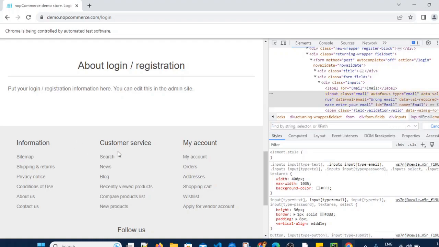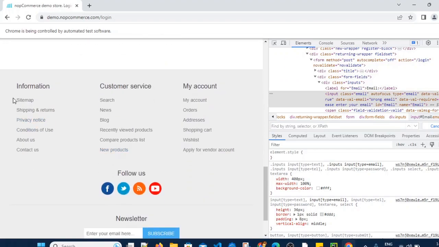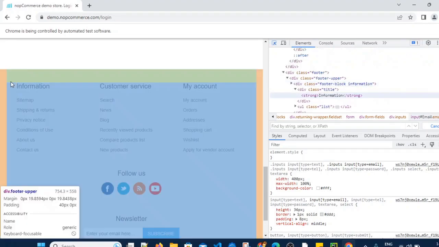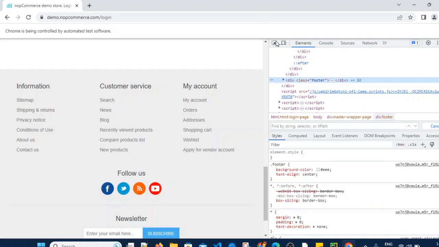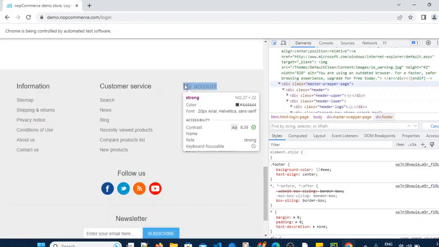If you scroll down to the bottom, there are multiple links present. So let's highlight this footer section, which includes all of those links.